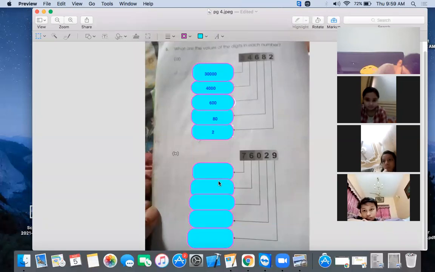In this way, similar way, we have to do the part B. Yes. So what happened in the part B? What is the place value of 9? The place value of 9 is 1s. We will do a quiz about this topic. Then everyone can do the practice, okay? Now what is the place value of 2? Place value of 2 is tens. So just write 20.